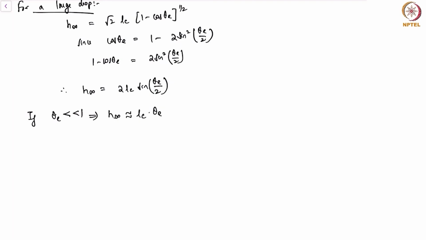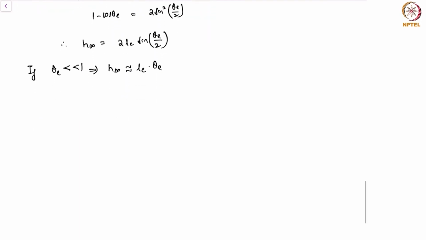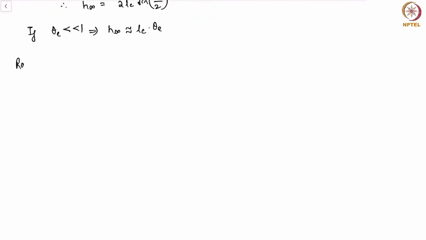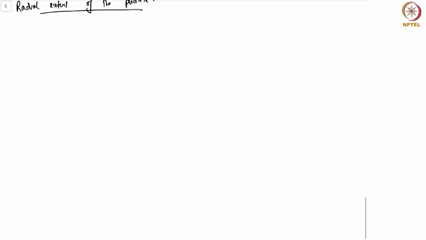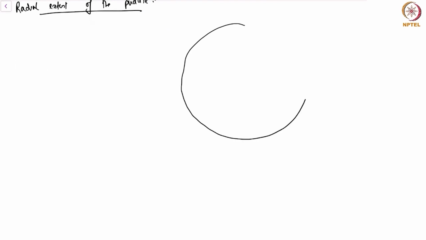Okay, this is true for drops which make a very narrow angle, for very hydrophilic surfaces. Okay, now what about the radial extent? The radial extent of the puddle. So let's consider you've created a puddle on the surface, and the puddle approximately takes a nearly circular shape, and the goal is we want to find out what is the radius of this puddle, right? So for a large puddle,